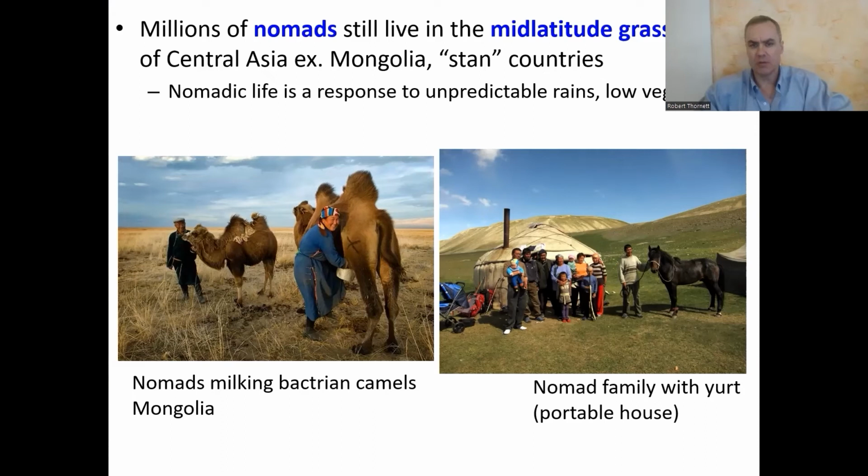Nomads tend to live on animal products because if you were to kill the animal, then you'd have no more source. So they live on things like milk and often blood too. They take a little arrow or something, or they poke a little hole in the animal and then drink the blood like that. So all kinds of products that come from animals, from milk, from yogurt, and blood, and things like that. And that goes back to even ancient times. If you read what's often called the first real major work of history, Herodotus's Histories, he talks about the tribes of Central Asia who were nomadic, and he describes their lifestyle. And he basically says they followed rivers and ate fish, milk, and blood. Pretty much the same thing that nomads eat today.